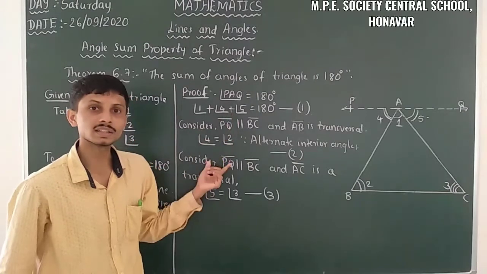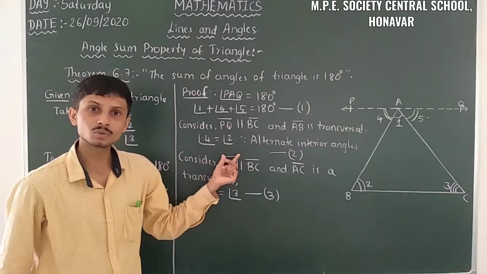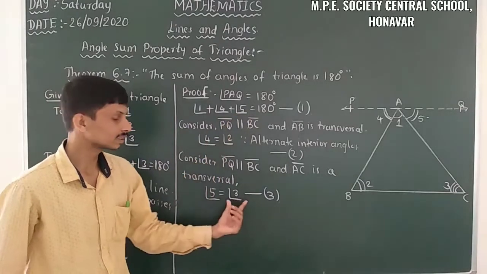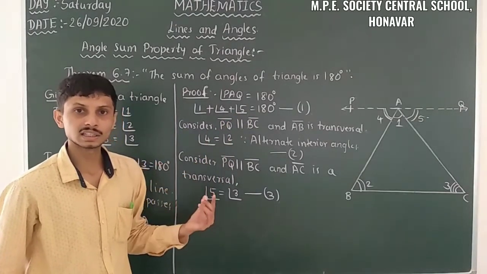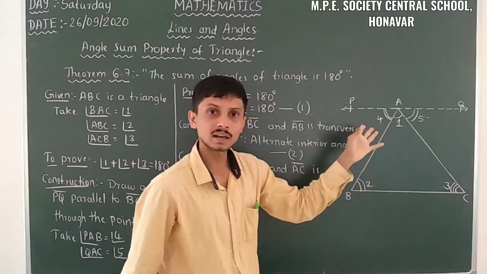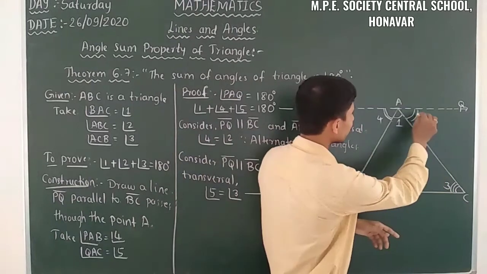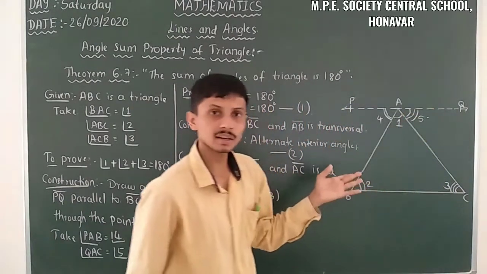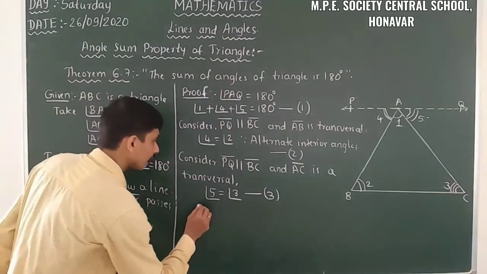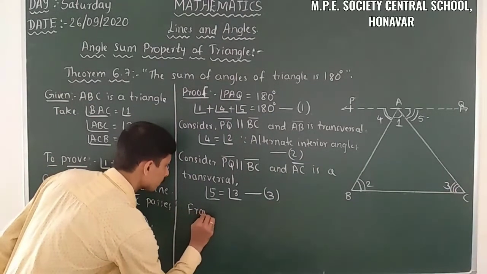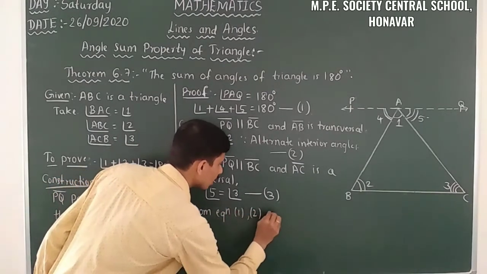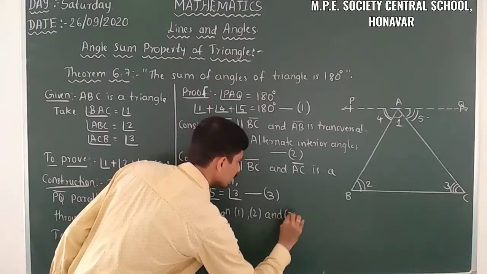In place of 4 we can insert angle 2, and in place of angle 5 we can insert angle 3. Angle 2 and angle 4 are alternate interior angles, and angle 3 and angle 5 are alternate interior angles. So from equation 1, equation 2 and equation 3,